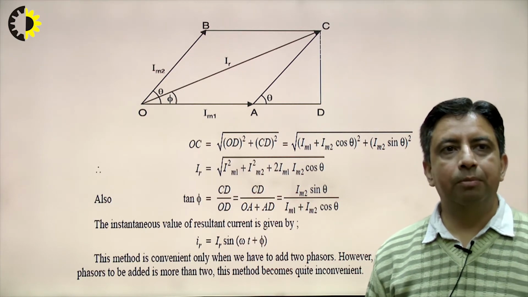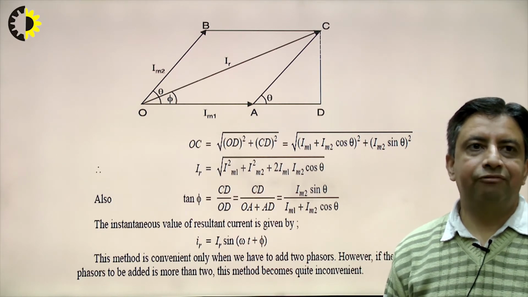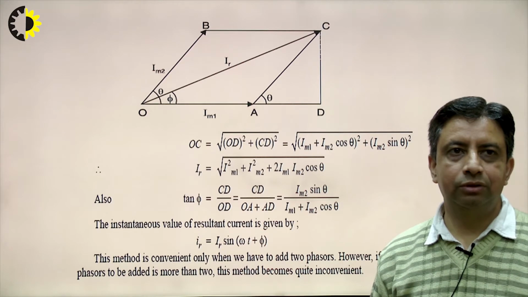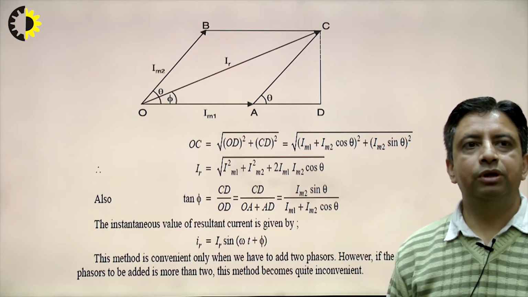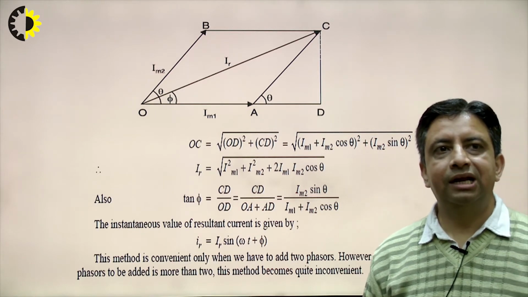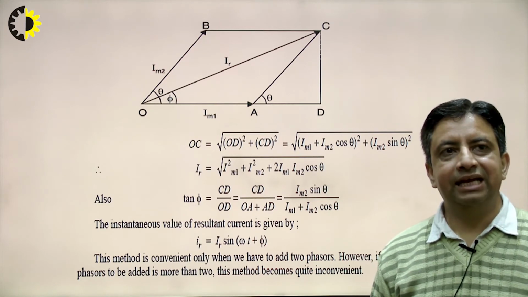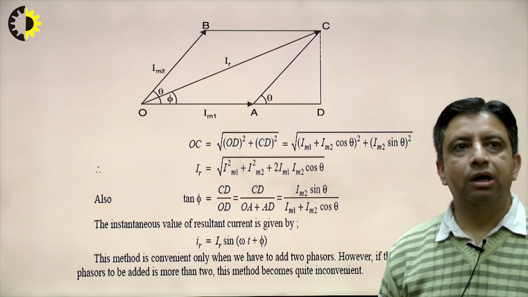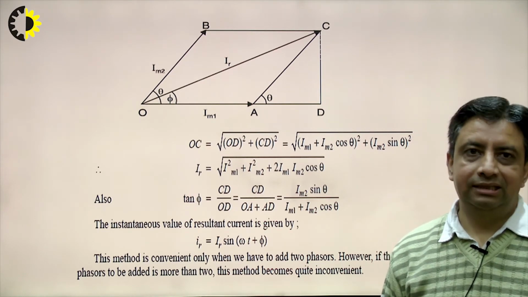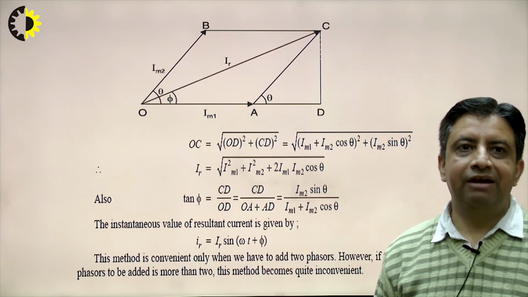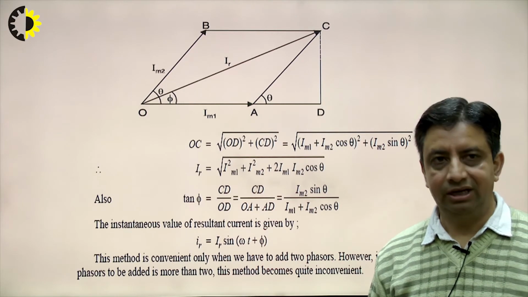Similarly, the vertical component. Now, as you can see here, the theta for the first current is equal to 0. So, sin theta will be equal to 0 for IM1, so it will be equal to 0. So, we have not written IM1 because it is equal to 0. So, only we have the second current IM2. So, the vertical projection of this IM2 will be equal to IM2 sin theta. So, you can see here we have the rectangular components, the horizontal component as well as the vertical component.